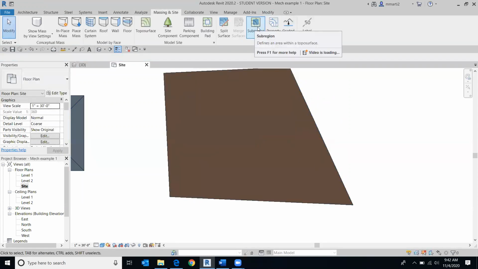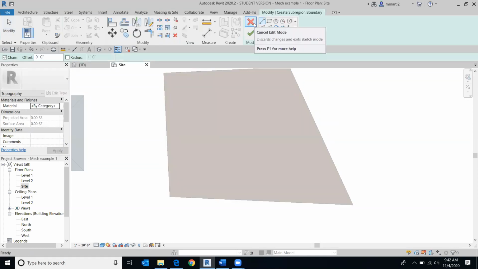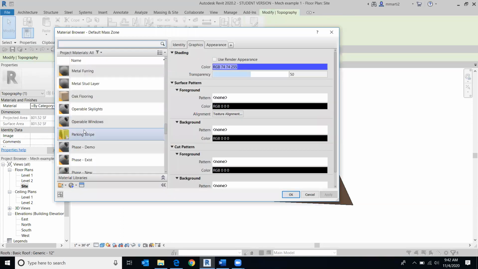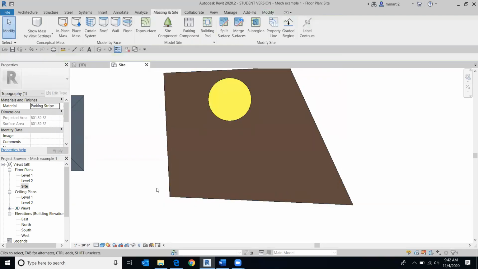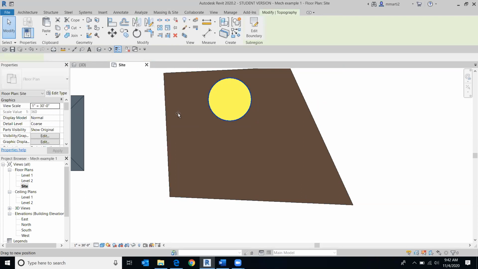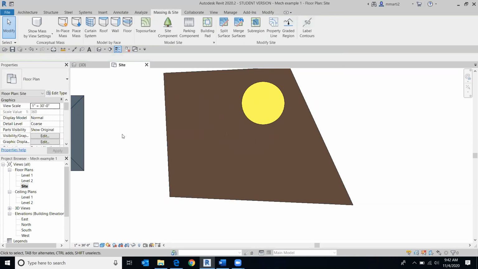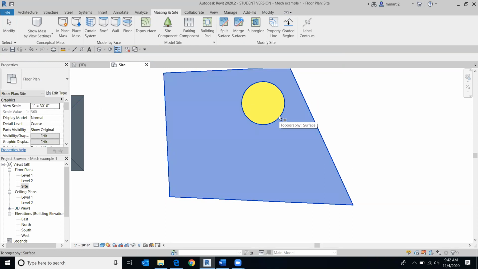So for subregion, it's basically done the same way. We want to click on subregion, make it active, and then we're going to draw the shape that we want. And that's going to create that same shape. I can still change the material of that piece. So it's a different material. And I can move it to a different location. But when I delete it,